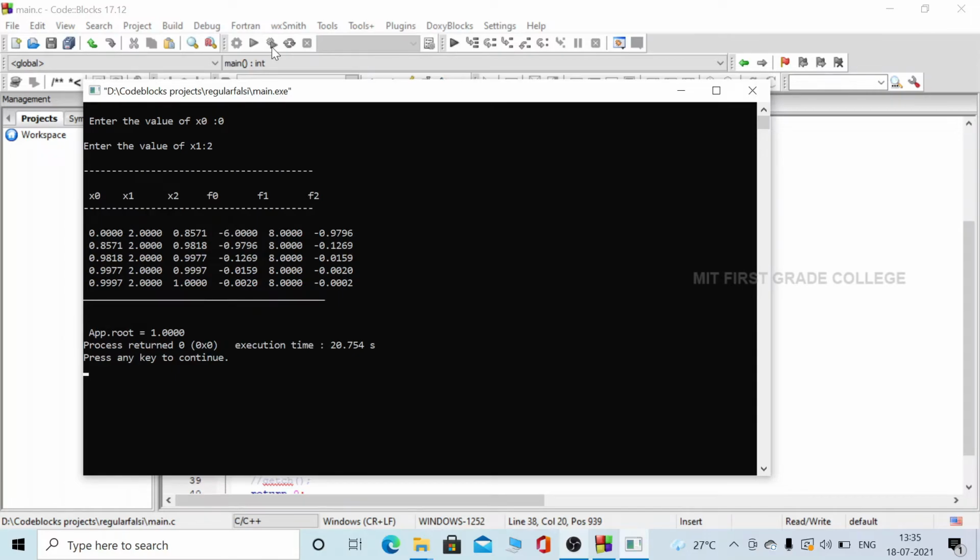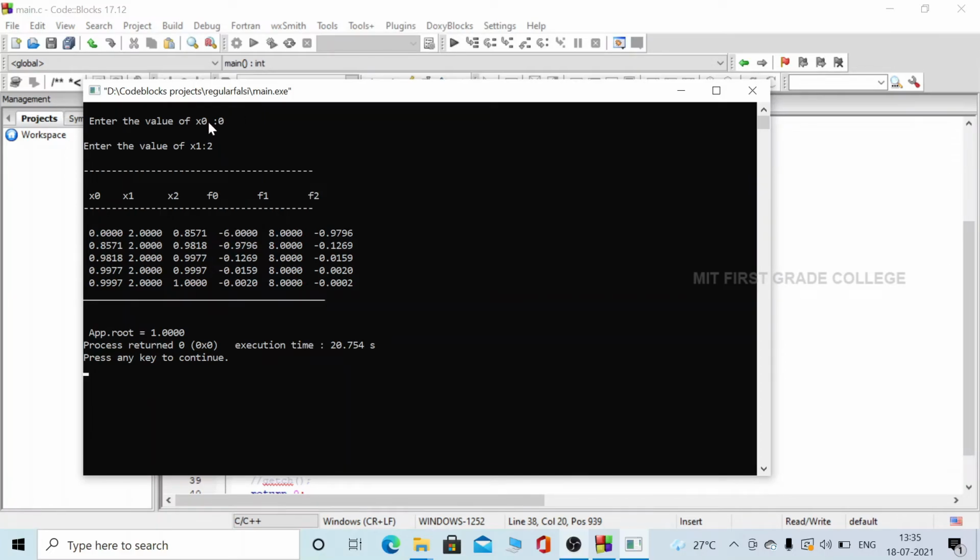Here you can see it is taking 5 iterations to get the solution, and the x2 value at the end is 1.0000. So this is the root, that is the solution of the problem. So 1.0000 is the answer, and you can see this is the value which lies between the two initial points, that is x0 and x1.